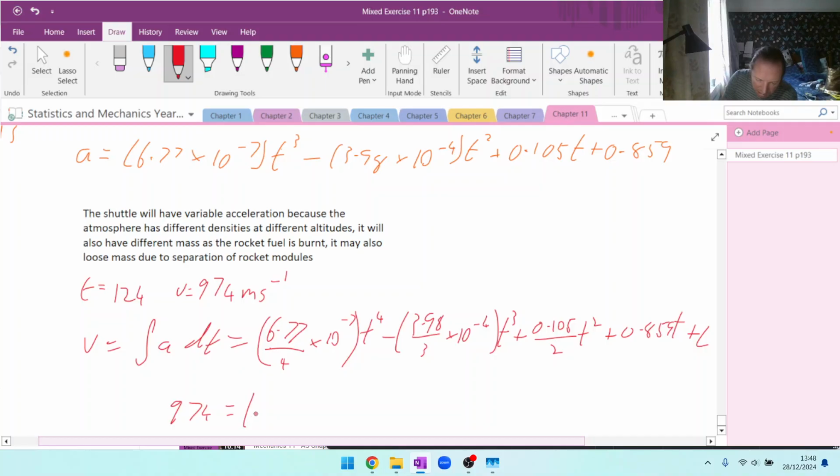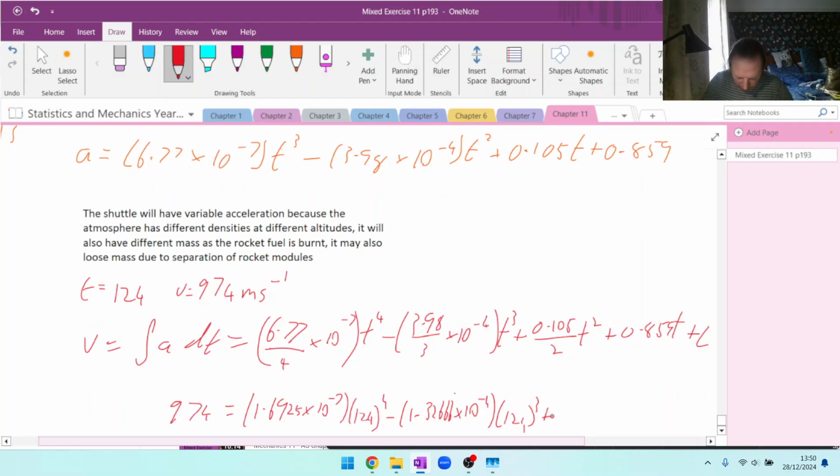So we need to put in 6.77 divided by 4, which is 1.6925, times 10 to the minus 7 times 124 to the power 4 minus 3.98 divided by 3, 1.32666 recurring times 10 to the minus 4, 124 cubed